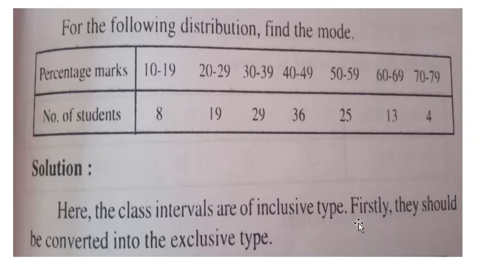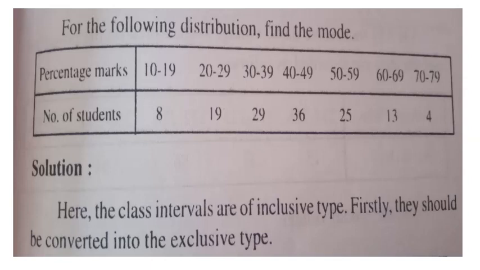This I have explained to you in the last median and arithmetic mean also. So how to convert this into continuous form is: find out the difference between these two numbers, 20 and 19. The difference is 1. 1 divided by 2, you will get 0.5. You have to deduct 0.5 from the first number and add 0.5 to the next number.